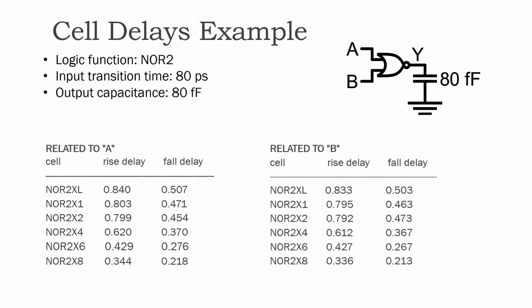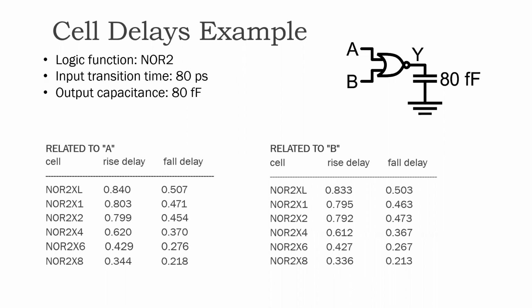So this slide is an illustration of cell delays from an actual standard cell library. I picked a 2-input NOR gate from the library, and I specified an input transition time of 80 picoseconds. That means you just imagine that one of those inputs is tied to 0 and the other input is transitioning,